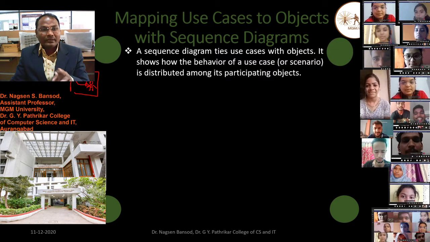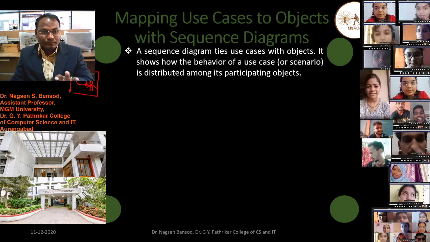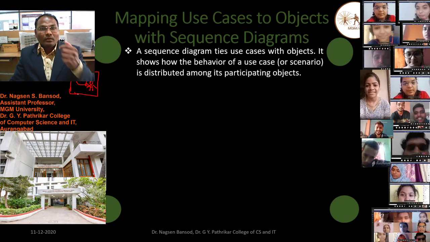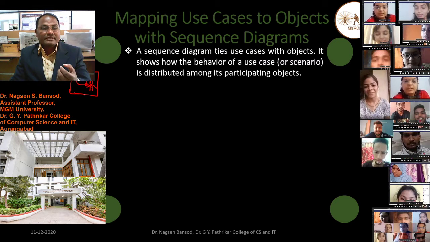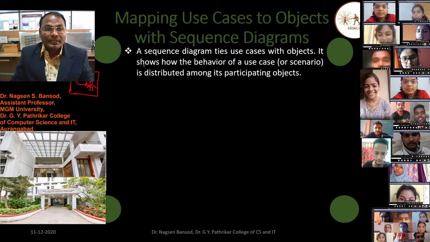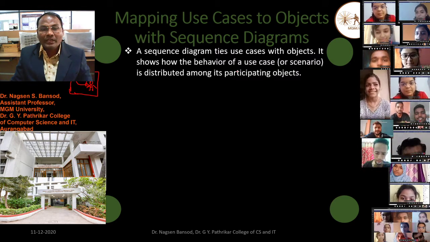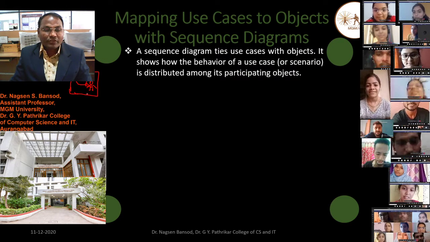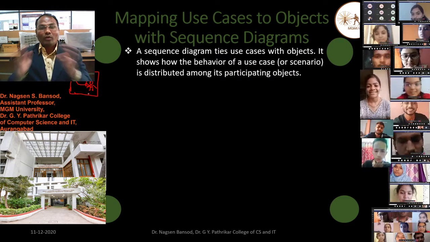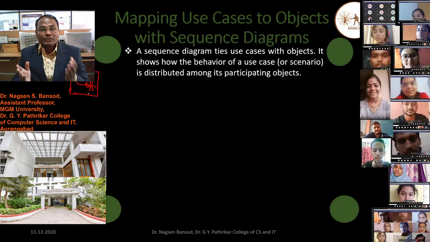They are both tied by the mapping of the sequence diagram. It shows the behavior of a use case or scenario. This sequence diagram shows the behavior of the use case or scenario, and it is distributed among the